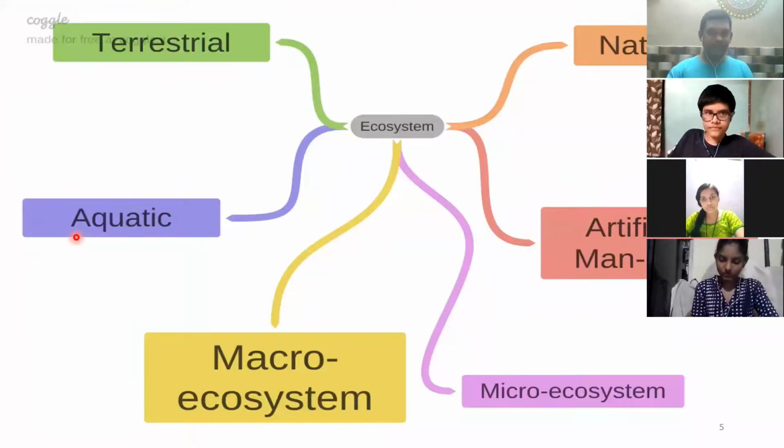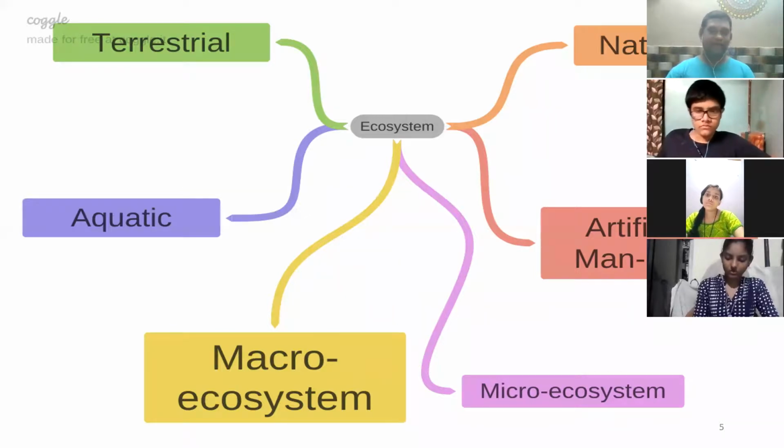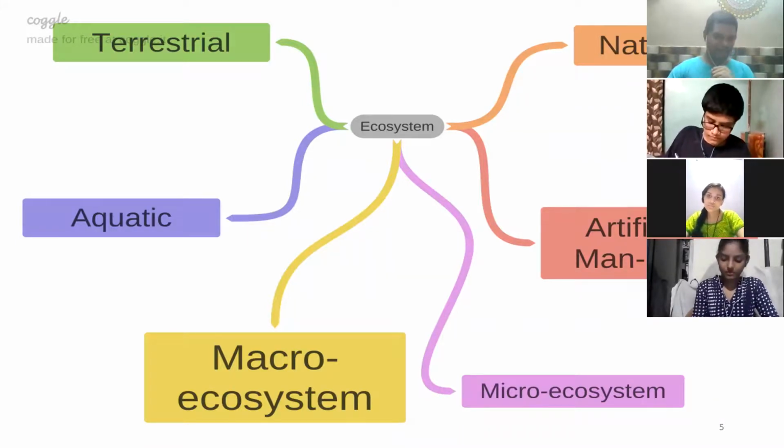Okay. Now, based on that, ecosystem can be classified into different types. There are different ways of classifying it. Let us see the first criteria, depending upon who has made the ecosystem. You can call it either a natural ecosystem or an artificial, man-made ecosystem. The words are very clear. So suppose if I say garden, so a garden will be natural or man-made? It's artificial, man-made, because human beings make a garden. Nature does not make a garden on its own.